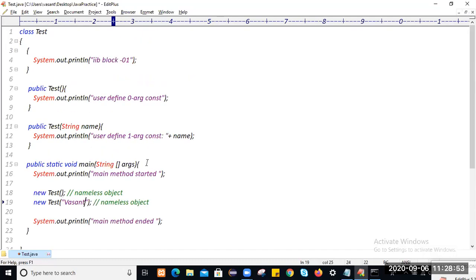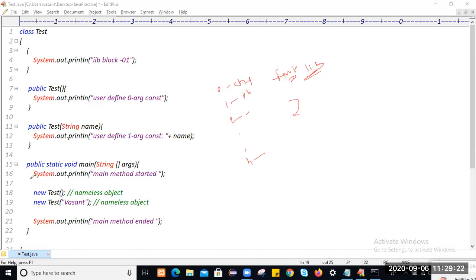Irrespective of object creation, if you create a zero-argument object, or a one-argument object, or a two-argument object, or n number of argument objects, first the instance block will get executed, that is, the IAB block from the class, and then after that the corresponding constructor will get executed.